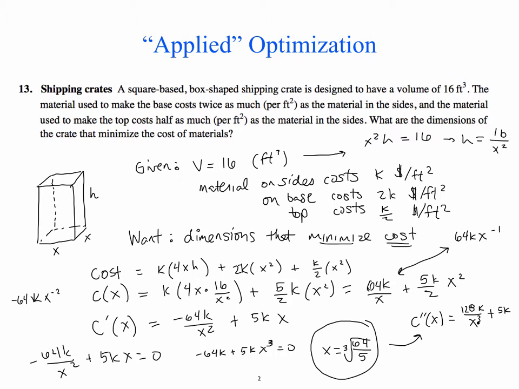So this is a positive number. If I cube it, I get a positive number. And certainly k better be positive because it's the cost of material, right? Like nobody's paying you to take their material, okay? So that means I'm adding two positive things. So this will be positive